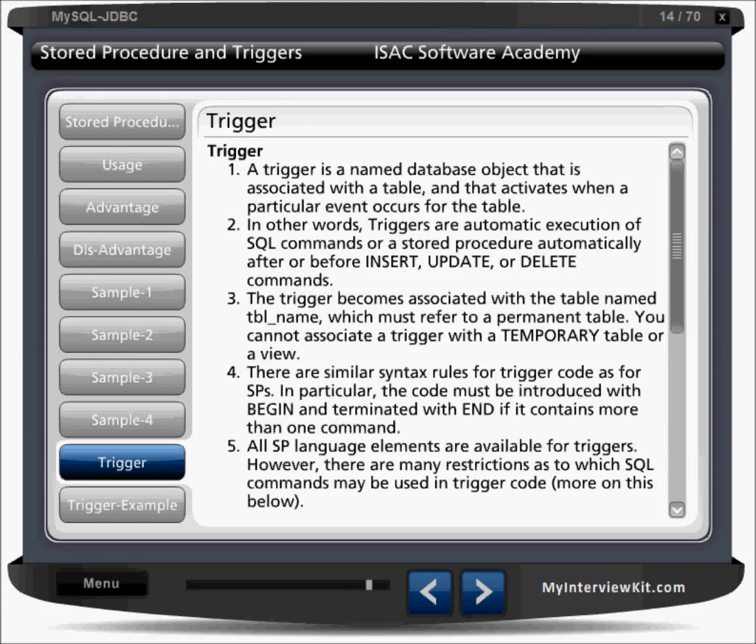Let us try to understand the trigger. So what is a trigger here? A trigger is the named database object that is associated with a table and that activates when a particular event occurs for the table. So if any DML operation occurs on the table, so let us say I have